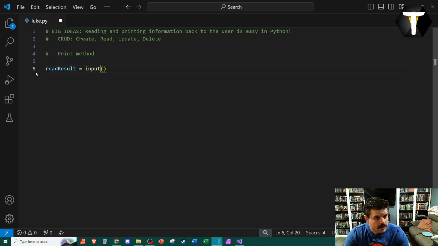What this is doing is, again, now it's going to take this input and tie it to this variable so that you can retrieve it and use it to create, read, update, etc. One thing to be aware of is that all input is initially stored as a string